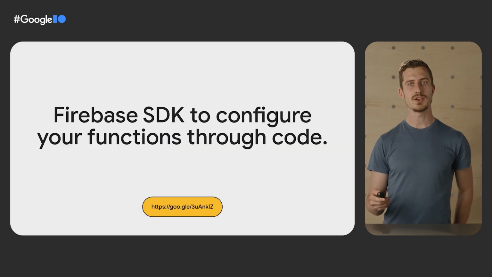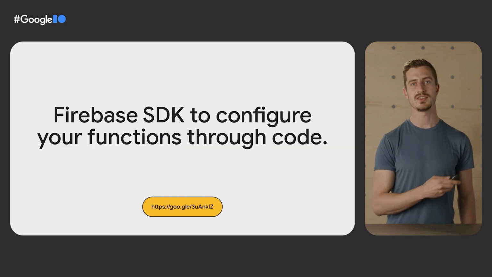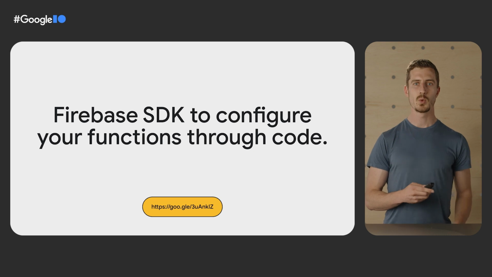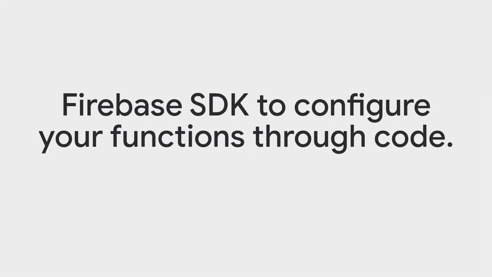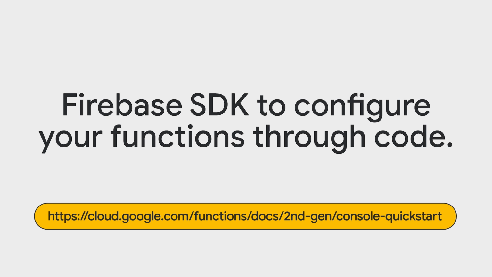To deploy our application, we'll use Firebase SDK for Cloud Functions, which allows us to configure them through code. The Firebase SDK allows us to only run Node.js in the function, which fits our goals really well. In case you want to use other technologies, check out this quick starting guide for Cloud Functions in Google Cloud Console.